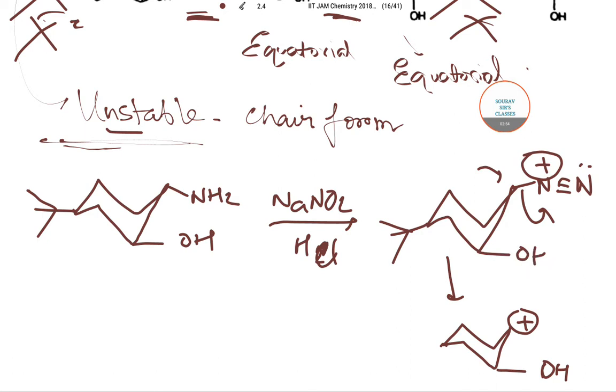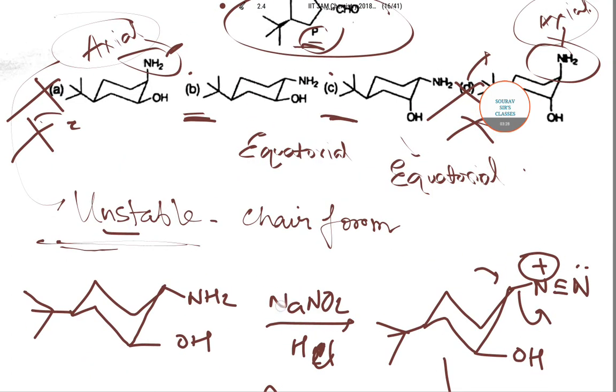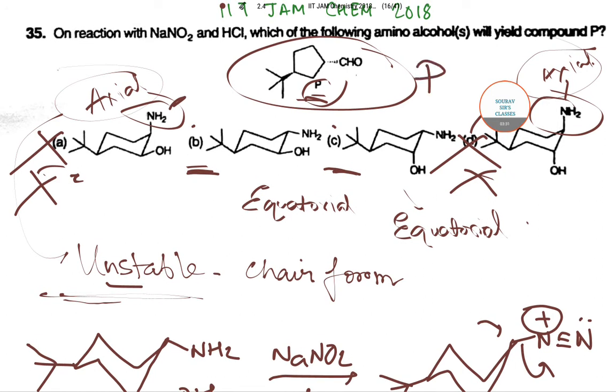OH is present here, and this structure, upon rearrangement, will give us a 5-membered ring with this structure present here, and this will be a CH2 group. So this is option B, and this successfully gives the product P. So option B is correct. And